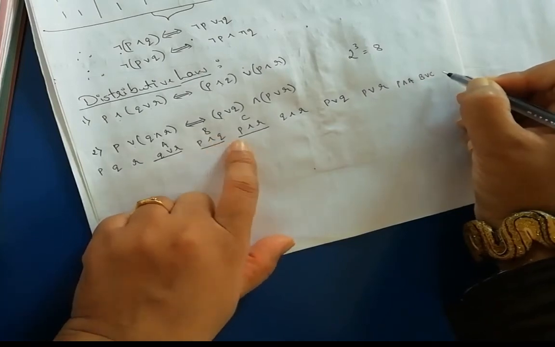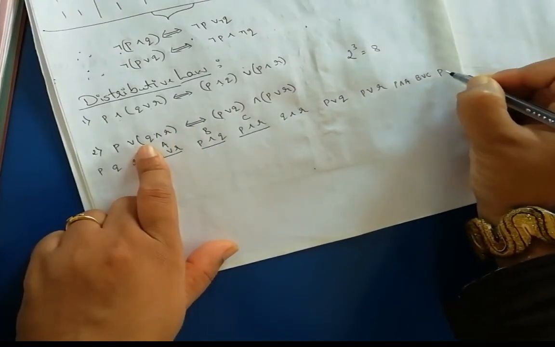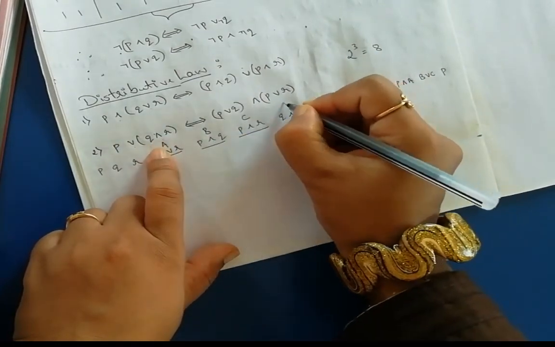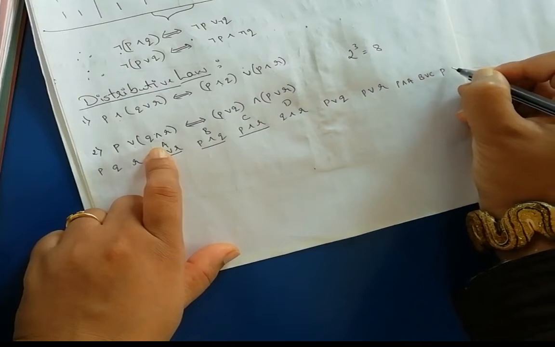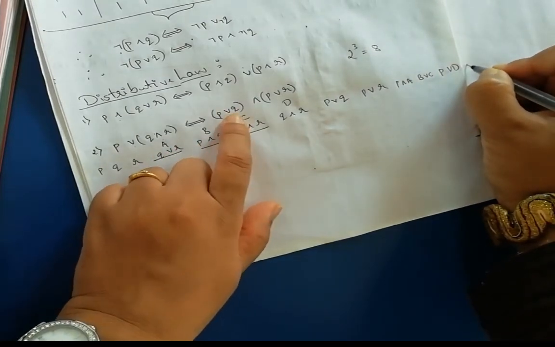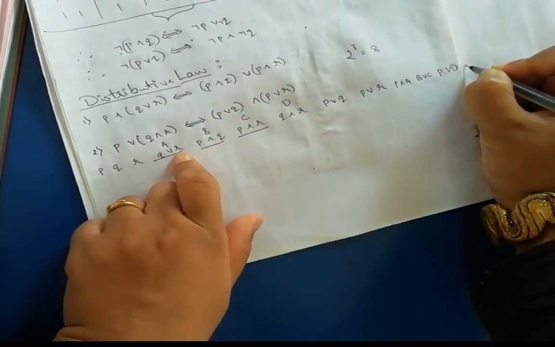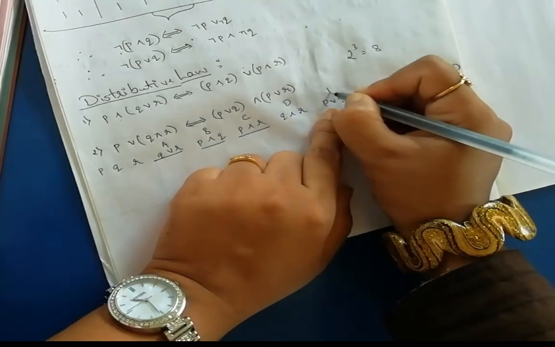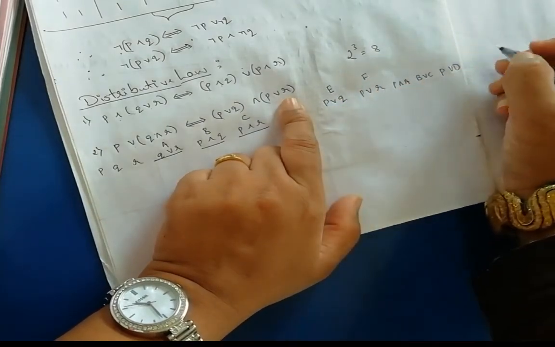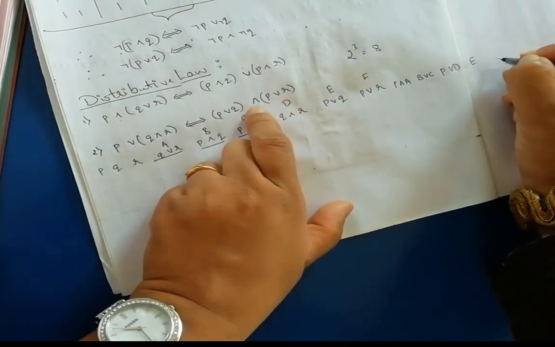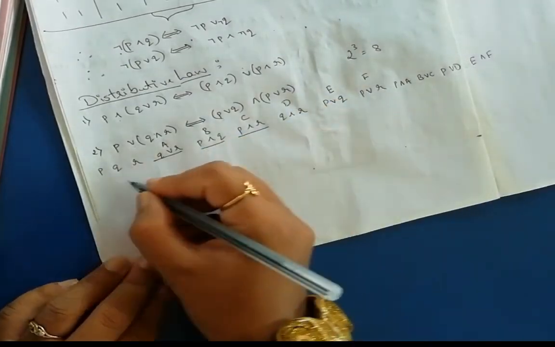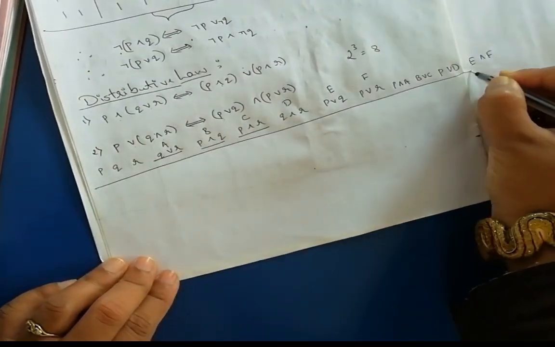Next what are we going to have? The second one, that is P or Q and R. Q and R is here, so that B, C got over, I'll represent that one as D. So P or D. Then next what are we going to have? P or Q is there. Where is P or Q? It is here. I'll represent this one as E. Then P, I'll represent this one as F. So E conjunction F. So let us find out the truth table for these things.